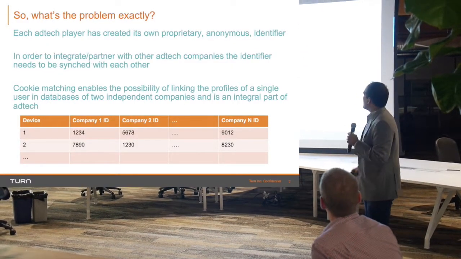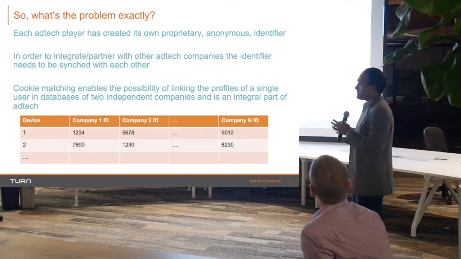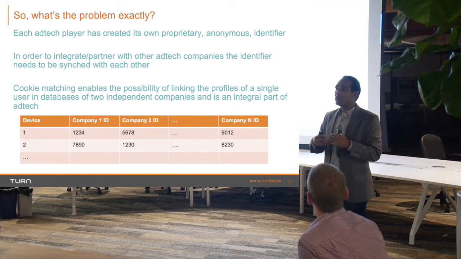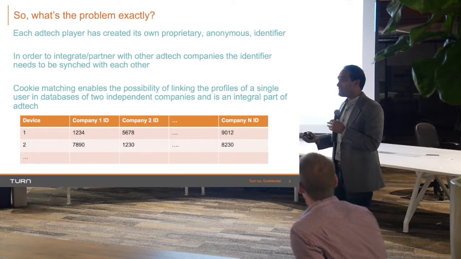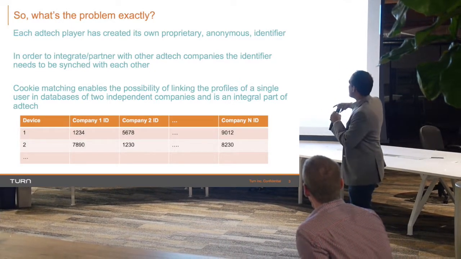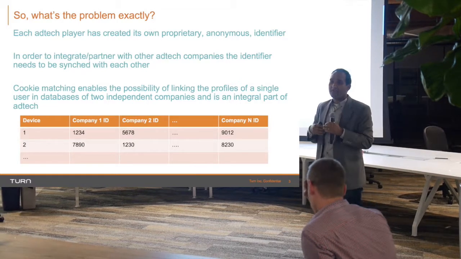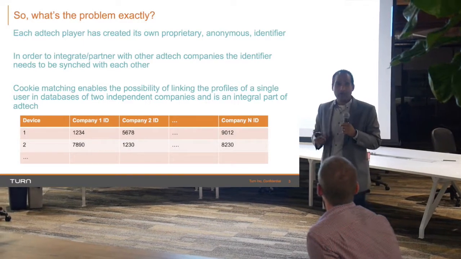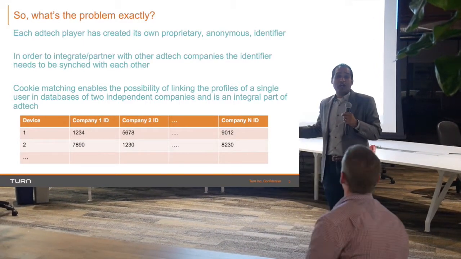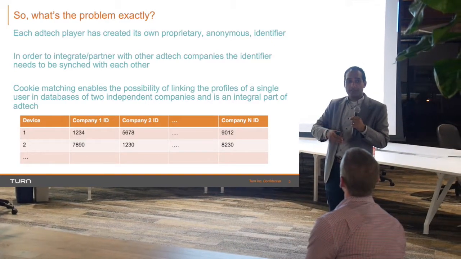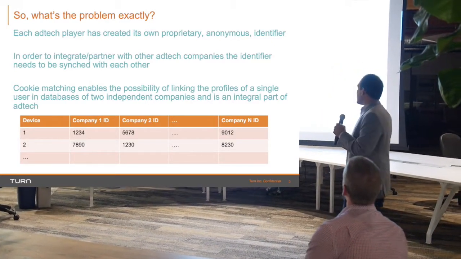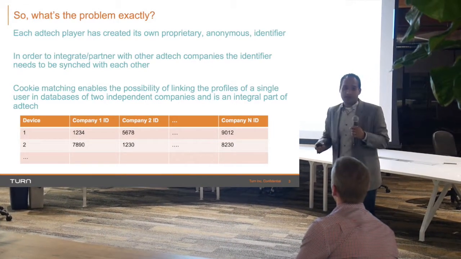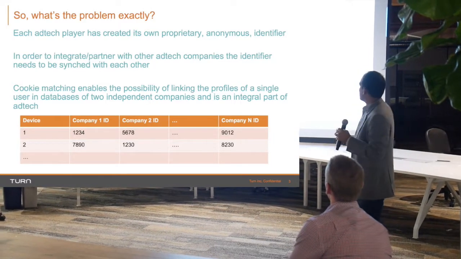So, what is the problem with that? Each AdTech player has their own proprietary anonymous identifier. Turn, we don't touch any PII. So if I go to a website, we don't know who that user is. It's just an anonymous identifier, 1, 2, 3, 4, 5. Now the problem is, every other company has their own identifiers, and they have data against these identifiers. And in order for the companies to work together, like Turn and Spot Exchange, we need to do an ID sync, so that Turn ID 1234 is Spot Exchange ABCD. And so we synchronize with these companies, and it's a really important part. The problem is, the ways to do that are very complex.